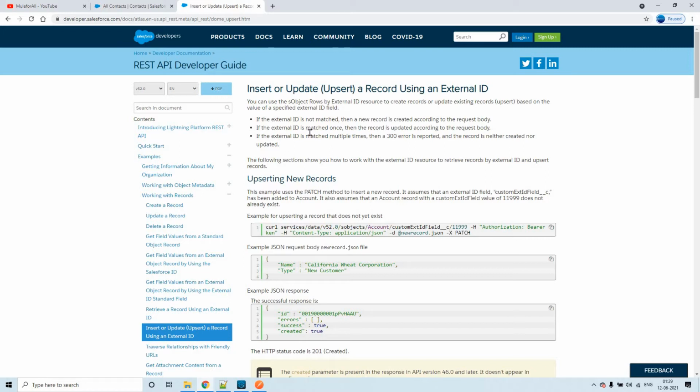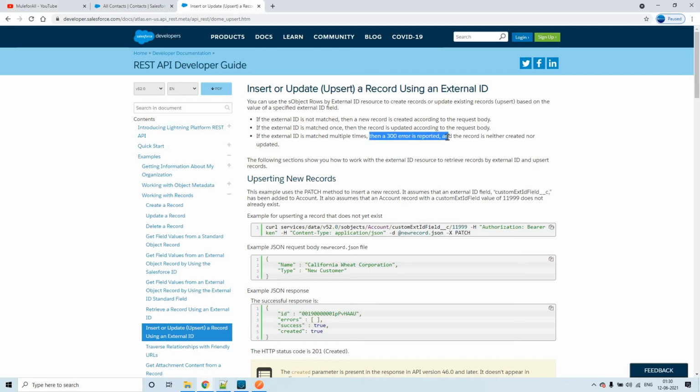For example, if you send the same external ID more than one time, we'll get an error, because it cannot judge whether to update or insert. If you're sending two or three same email addresses in three different records, there is some ambiguity here.